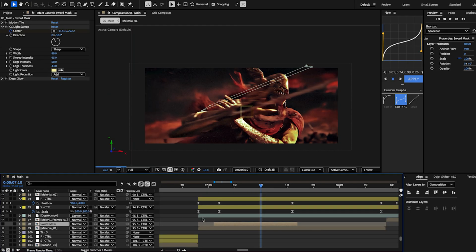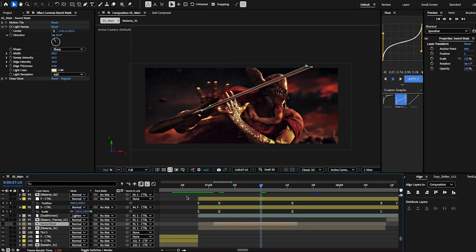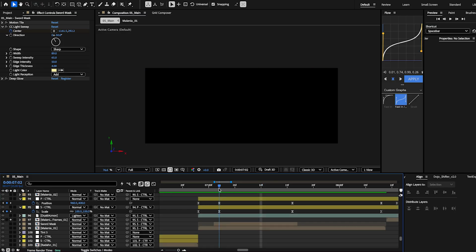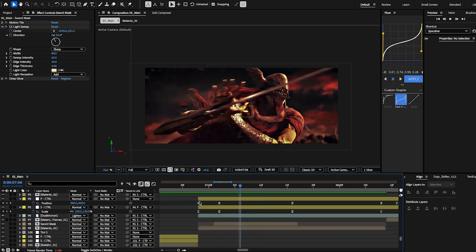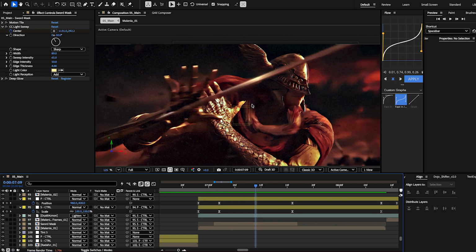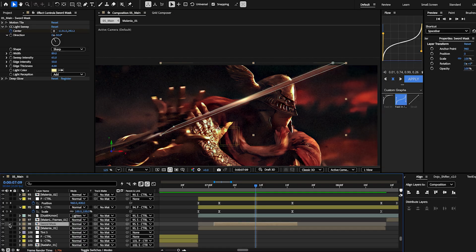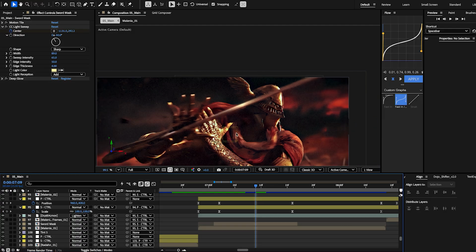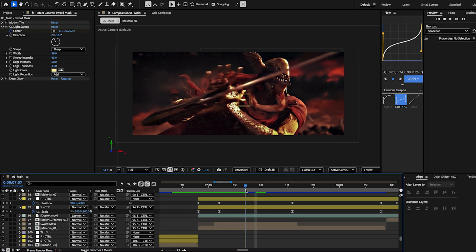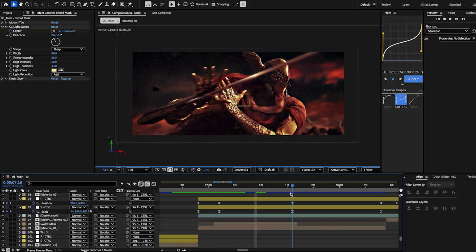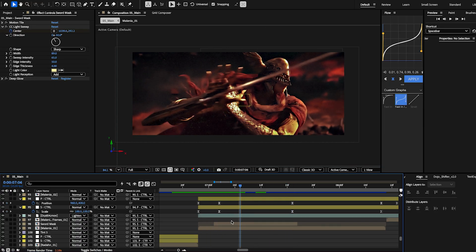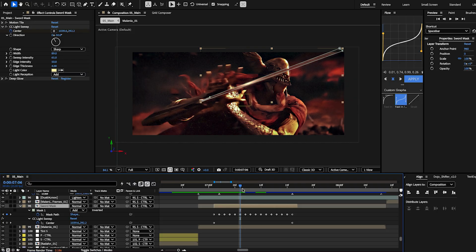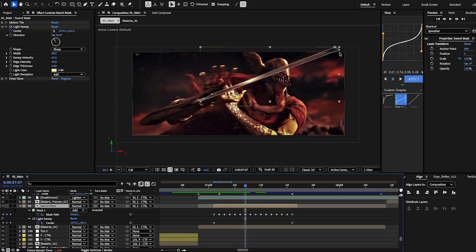Oh, it's just gonna open the... So what I wanted to do is I wanted to have the sword... That's just not gonna work, I guess. I wanted to have the sword have this kind of light sweep going across it, and you can barely see it right here. If I turn it off, you can really see it. But since it's time remapped in a way where it is slowing down as she's pulling the sword across her, what I did was I just went frame by frame and masked where the sword was,